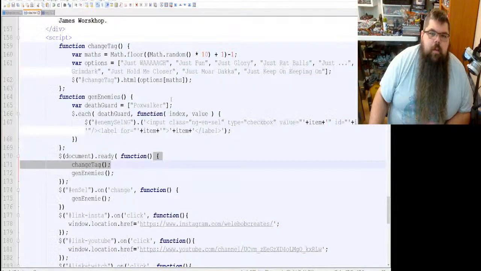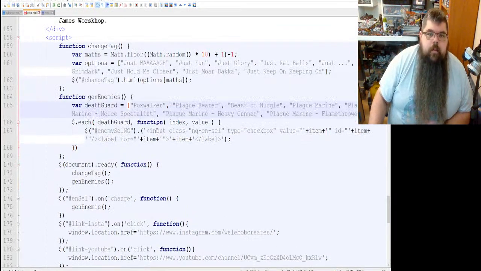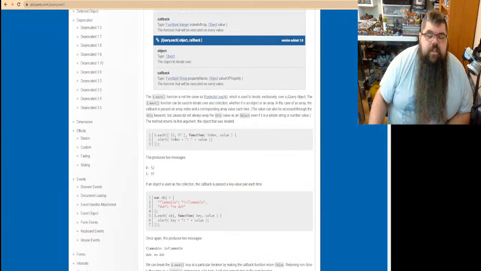Nope, still a problem. Okay. Variable Death Guard, plague marine flamethrower. Okay, that's all right. Each Death Guard. Function. Index value. What's wrong with it? What am I missing syntax-wise?